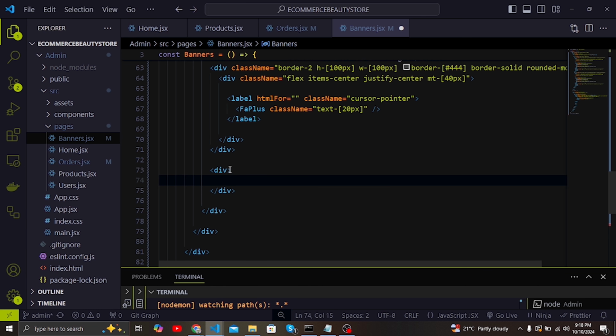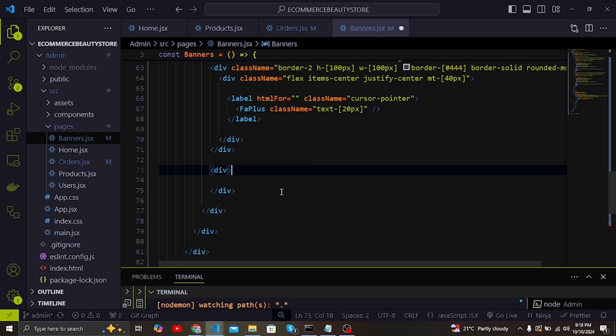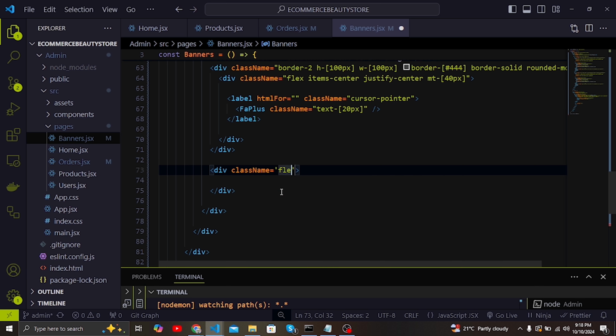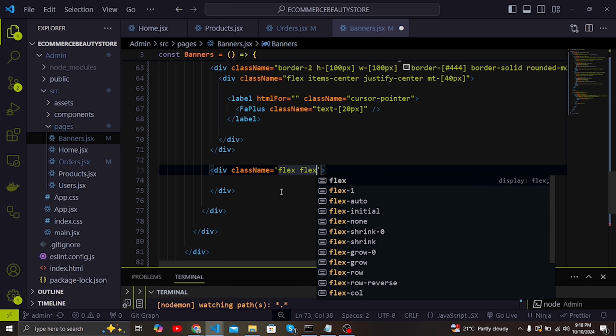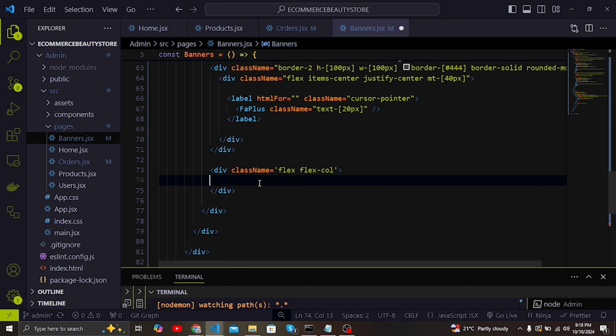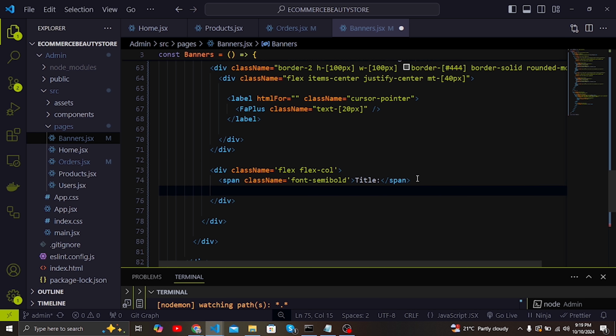For this div here, let me add a class name, and this one also we are going to have a flex, a flex column. Inside here, I'm going to have a span or a label, and this one, for example, will be title. And here now, let me add the class name. For this one, I'm going to give it just a font to be semi-bold. And here, I'm going to have an input that I'm going to